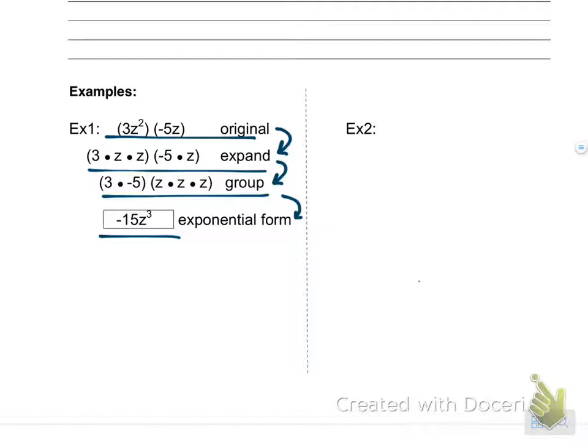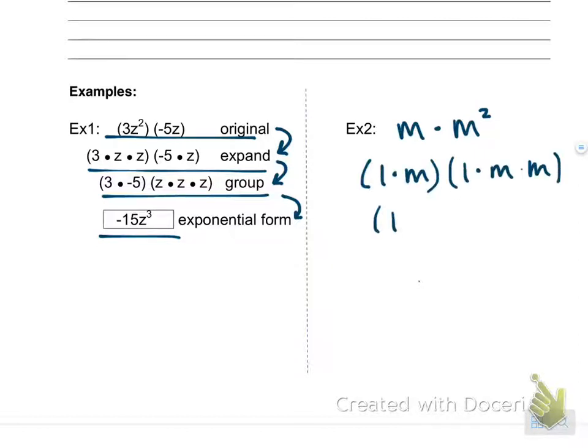Let's take a look at example number 2, which I have as m times m squared. And I'm going to go ahead and expand those out. Now, recognizing that each of these has a coefficient of 1, if I take a look at that, then I have 1 times m and 1 times m times m. So grouping those together, because I have those 1's,